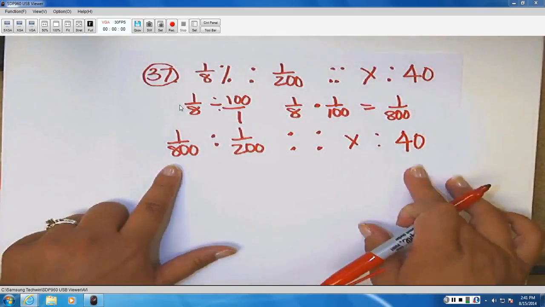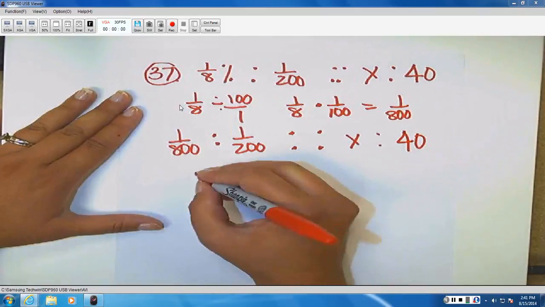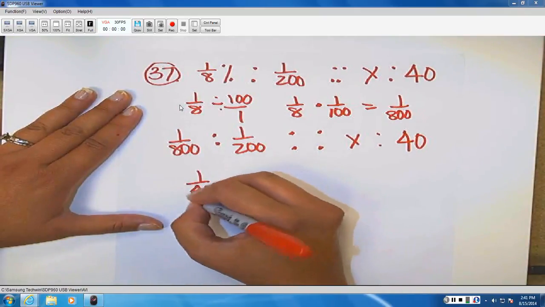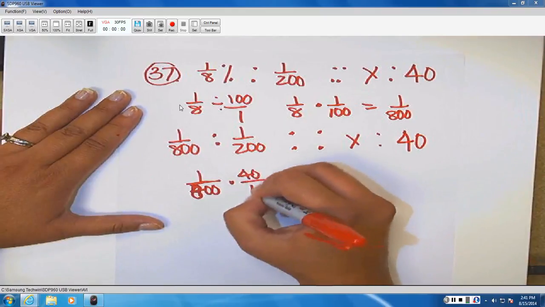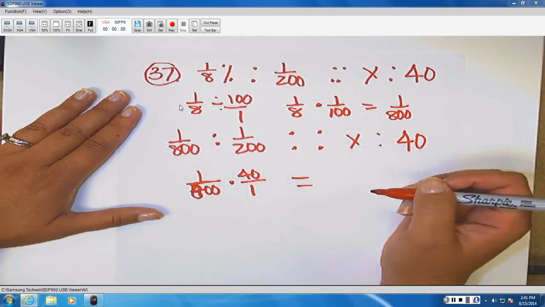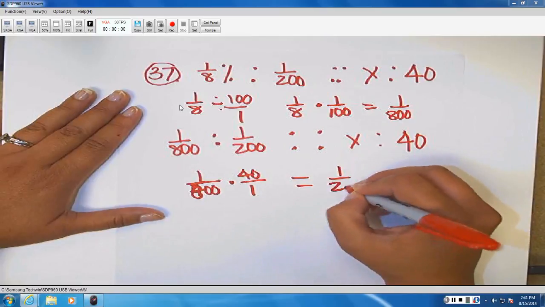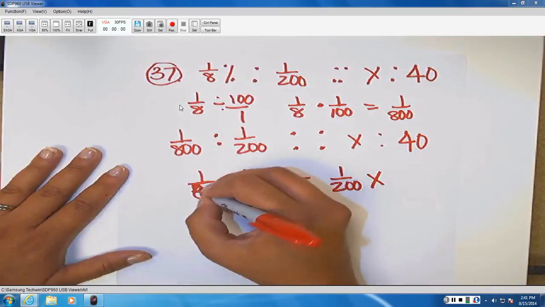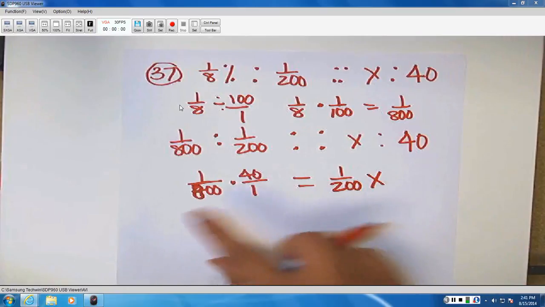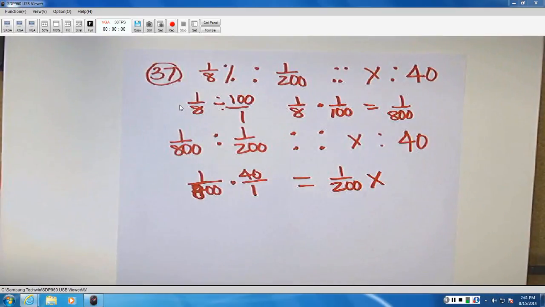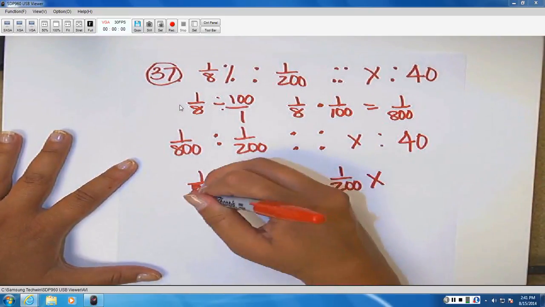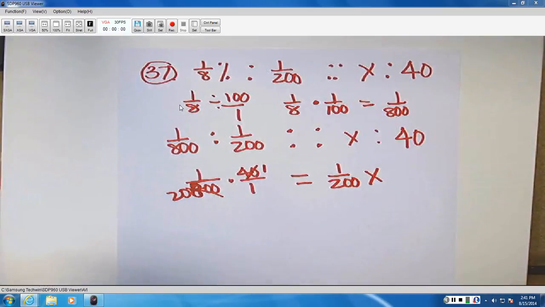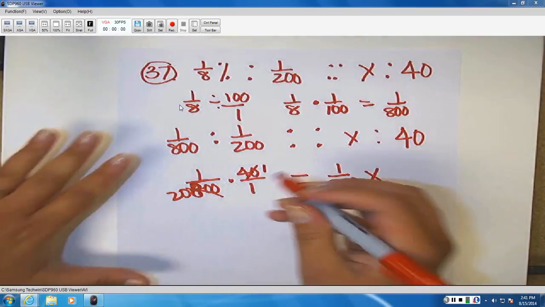Now we'll multiply our two extremes, multiply our two means. So this is 1/800 times 40 equals 1/200x. So I've got 1/800 times 40. I'm pretty sure. Yep, 40 will go into 800 20 times. So 40 reduces down to 1. This 800 reduces down to 20. And now I can just multiply straight across, and I end up with